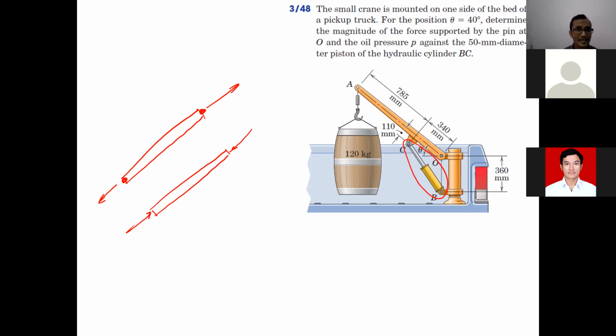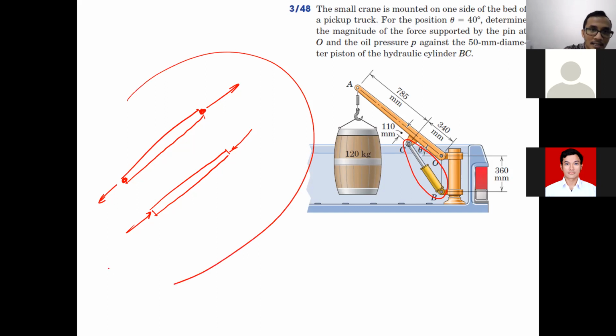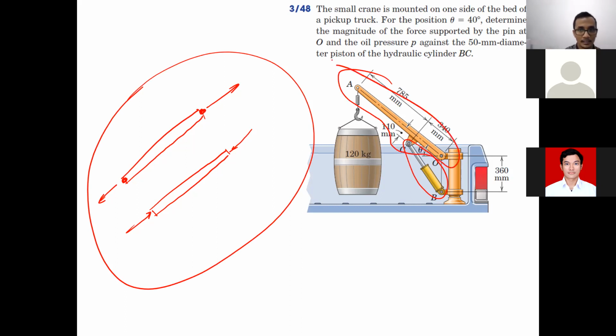Okay, we call that a two force member. When we talk about a structure like that, sometimes we have to face this kind of member, a two force member, but most of the time we will face a multi-force member like this. The sign of a multi-force member is that the force is not necessarily happening only at both ends,